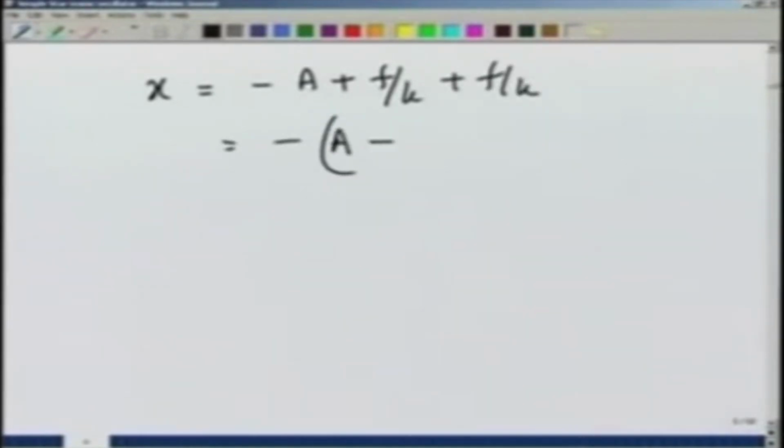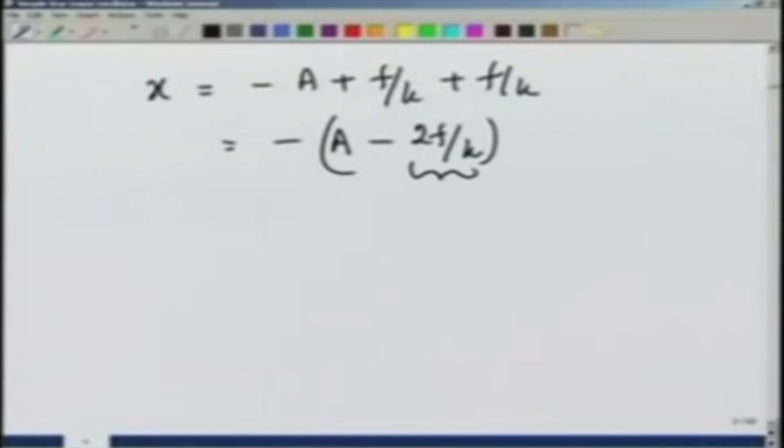So, after the block started moving left, when it came to a stop, it stopped at x equals minus a plus f over k plus f over k, which is minus a minus 2f over k. So, when the frictional force f is present, by the time it stops for the first time, the block has lost an amplitude of the amount 2f over k. When it goes back, it will again lose this amount. I can later derive the same thing using energy considerations, but right now let us focus on how the motion